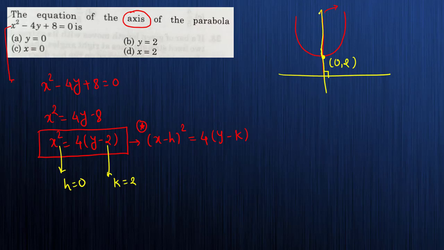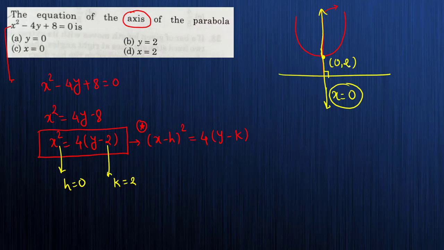Okay, so what will be the equation of this line? See, this line is passing through 0, so can I say this is x is equal to 0 line. This is an x is equal to 0 line. We have seen in the straight line, see, all the topics are interconnected. Okay, so this equation of line is x is equal to 0.